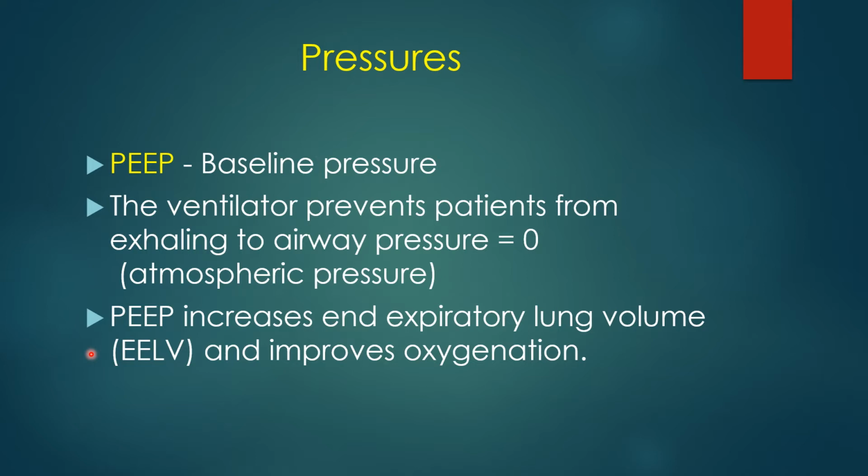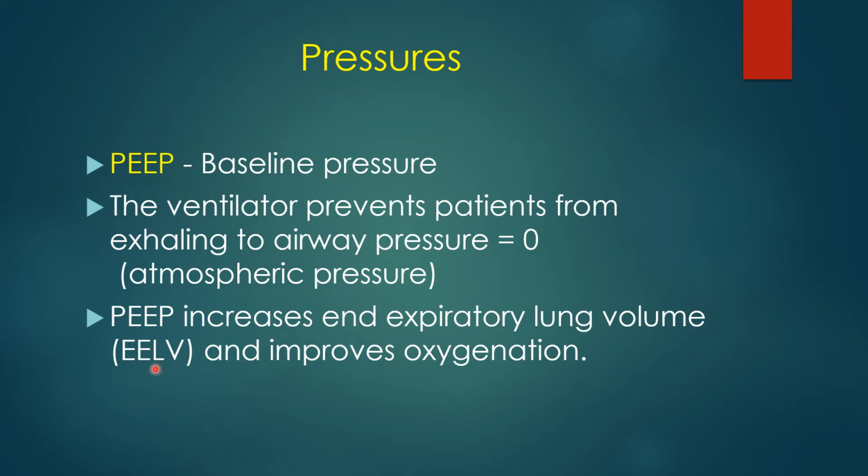So that will increase the end expiratory lung volume. The end expiratory lung volume, we usually refer to as the FRC, the functional residual capacity, and it usually is. End expiratory lung volume is more accurate, but you'll often see and hear people refer to it as the FRC,